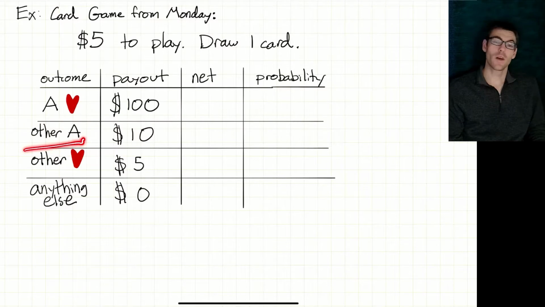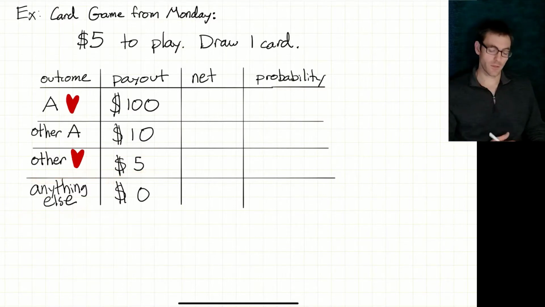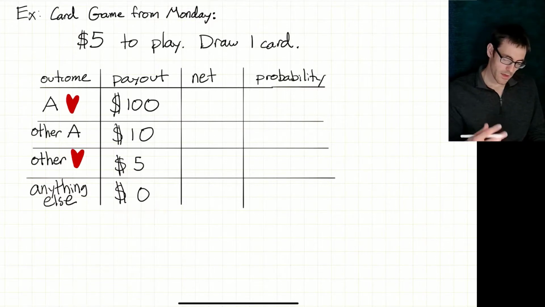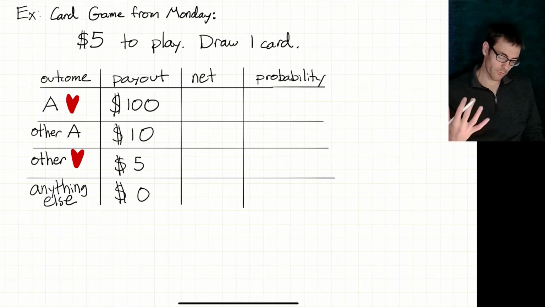If you got an ace that wasn't the Ace of Hearts, you get $10. If you got any other heart, you get $5. But if you don't get any of those things, you don't get anything. Okay. So if we want to know the expected value or the average value for playing this game, well, we're